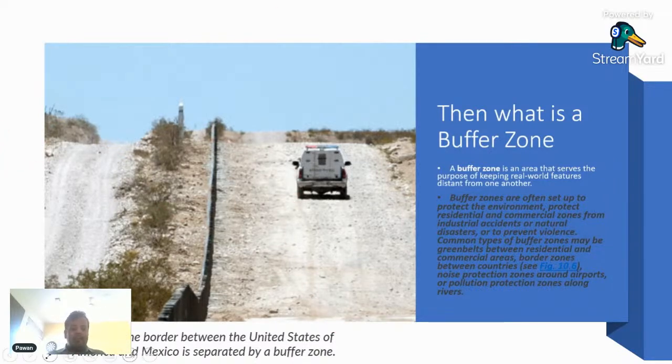And this area, what you see out here, the road, is basically the buffer where all the law enforcement of both countries operate, right? So it serves a purpose of keeping real world features distance from one another, right? So this is in a political context, but you can use it in environmental context a lot. So you can use it to know